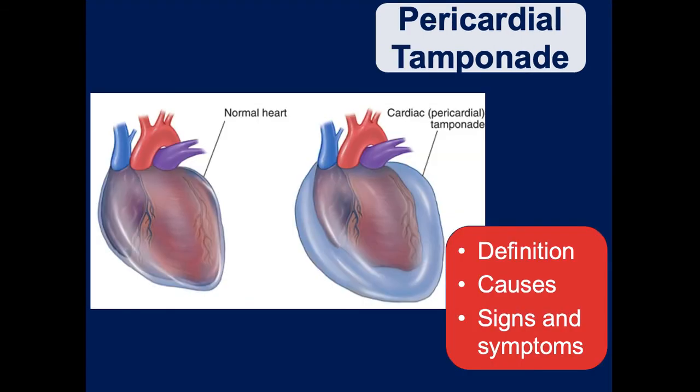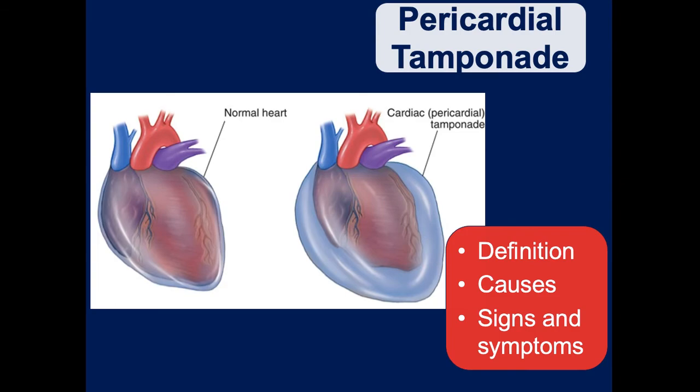Now, pericardial tamponade. So we know that the pericardium is the fibrous sac that the heart is suspended in. The heart is flexible, it pumps blood. The pericardial sac is not. This is usually caused by penetrating trauma to the chest. It enters the chest wall. Whatever the sharp object is, whether it's a bullet or a knife or an arrow, it penetrates the